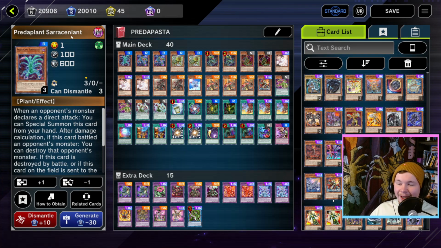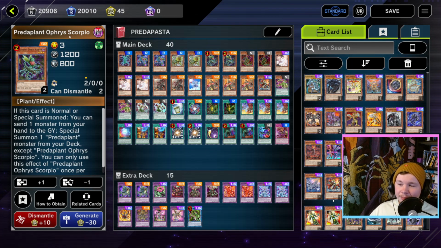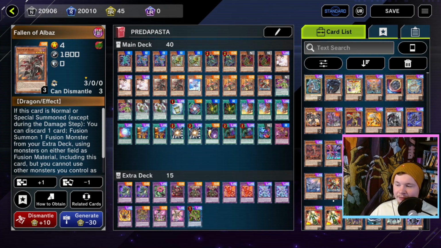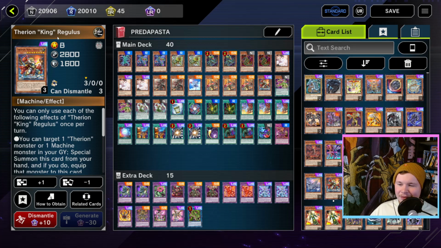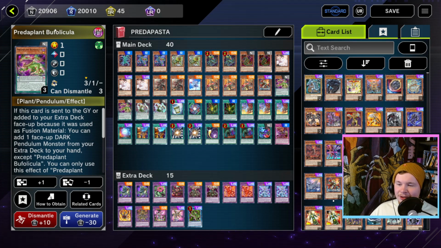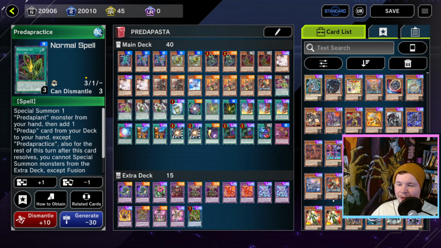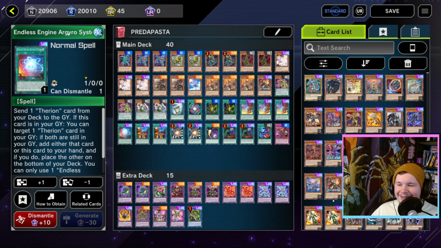So for starters, we have one Saraceniant or Saraceniant. I'm not exactly sure how that's pronounced. 2 copies of Biblis, 2 copies of Clemedo Sundew, 2 copies of Scorpio, 2 copies of Darlingtonia, 3 copies of Ash, double Fallen of Albaz, 1 Romare, triple THERION Lily Borea, 1 copy of THERION King Regulus, 2 copies of Bufolicula, 2 copies of Triantis, 1 Instant Fusion, 1 Ultra Polymerization, double Predapactus, triple Branded Fusion, 1 Endless Engine Gyro System,